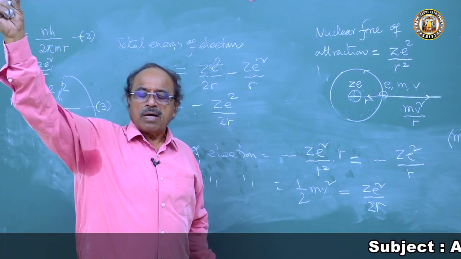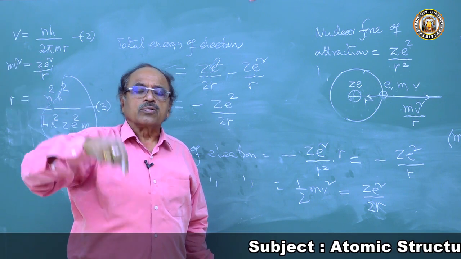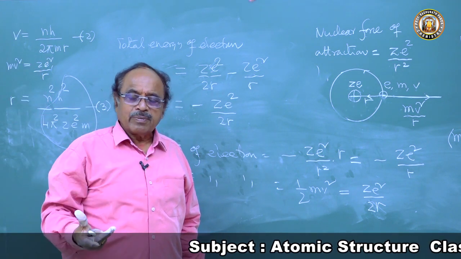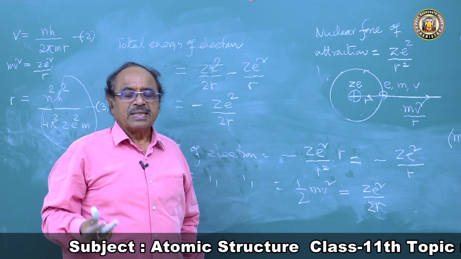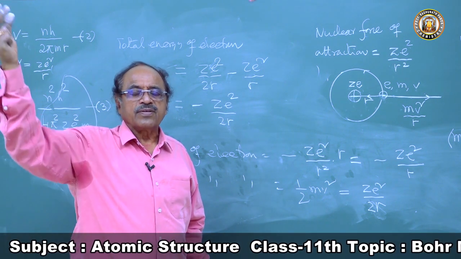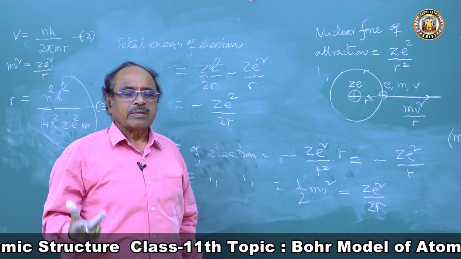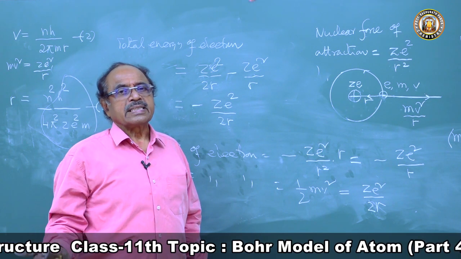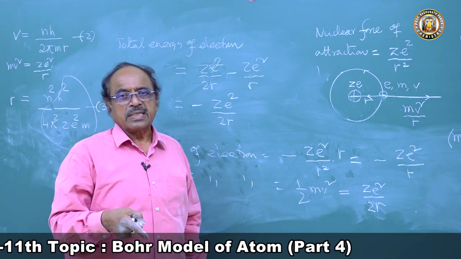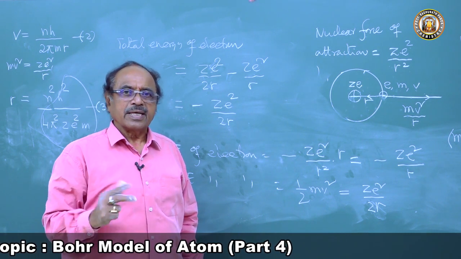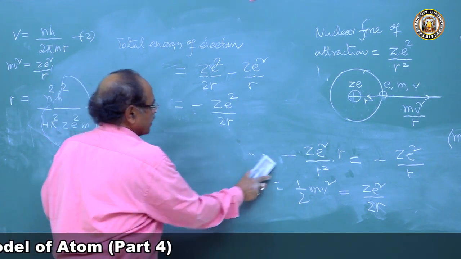So the electron, how to calculate the energy? The electron will come from infinity to that point. So the work will be done by the electron to bring the charge, any charge, from infinity to that point. So it is losing energy, work will be done. That's the reason we get the value here as minus. Here also, when you are calculating potential energy, you are putting minus mgh. There also you are doing the same thing. Here also you are doing the same thing, you are getting minus Z square e square by 2r.